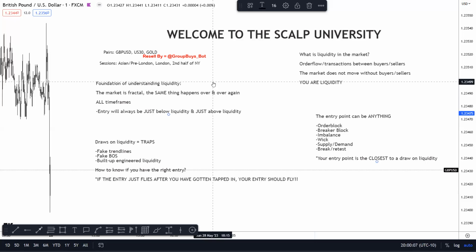There are times where I may find a gold trade during London. If I don't find anything during Asian, I will see if there is a setup during London, but normally I would prefer to trade gold during Asian session and GBP USD definitely during London if I'm not able to find a pre-London move. Those are the two pairs that I would suggest, especially with scalping, to look at during Asian, pre-London, or London opening.